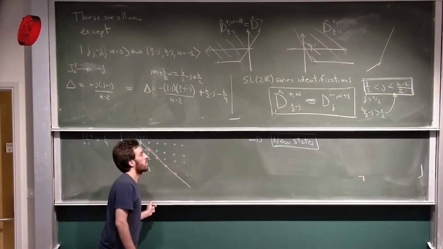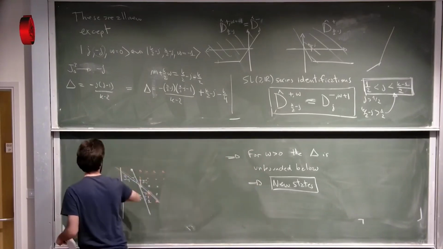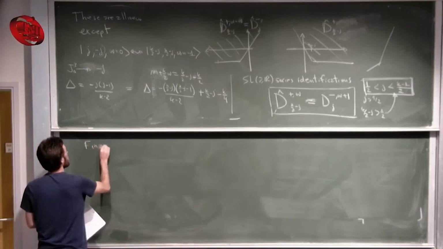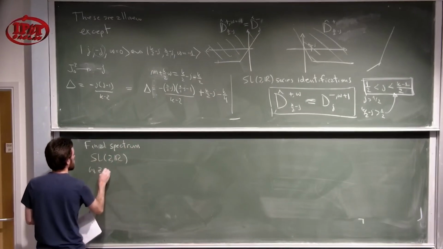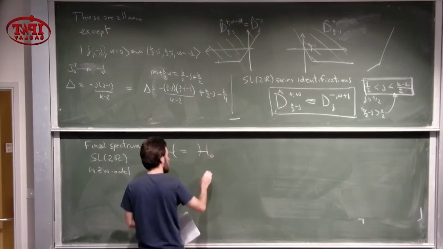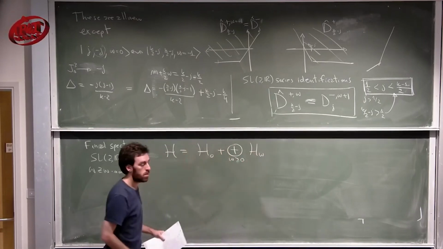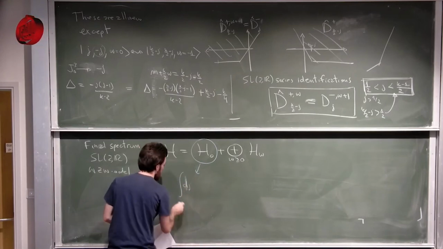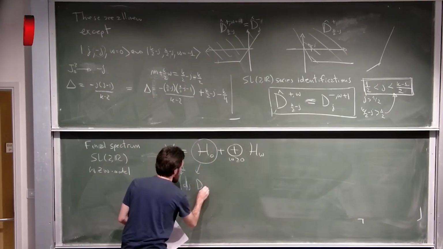And so in the end, you can ask, what's the final spectrum of the theory? For the SL2R Wess-Zumino-Witten model, you can write the full Hilbert space as the Hilbert space in the unflowed sector plus the sum of the Hilbert spaces in the flowed sector, right? This guy, we know what it is. It's just the integral from j going from 1/2 to k minus 1 over 2, with this bound there, of all the representations which look like this,